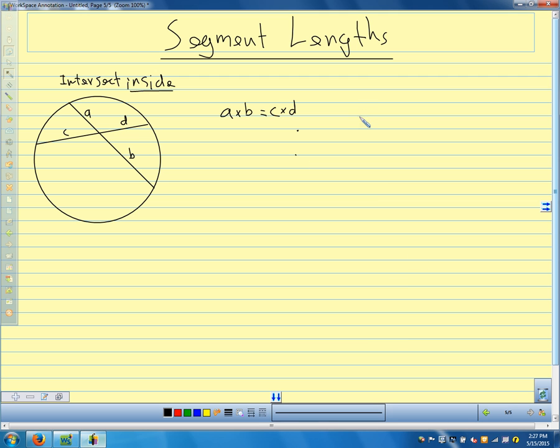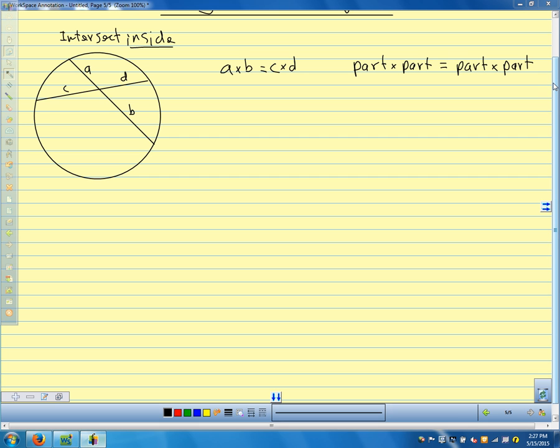And the way I remember this is the part times the part equals the part times the part. So one part of this one times the other part equals one part of this one times the other part. And these will be on the formula sheet that you'll have for the test as well. But you need to know how to use them. All right, so there's one way this can happen. Another way this can happen